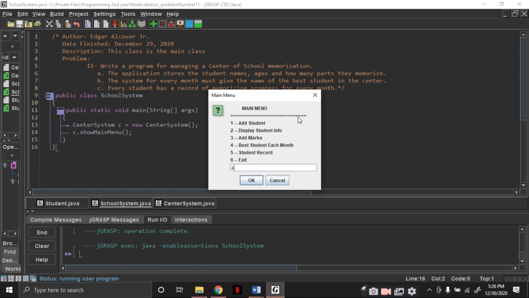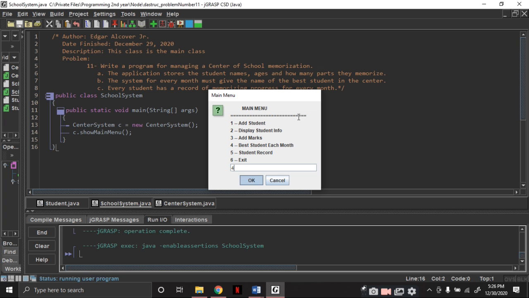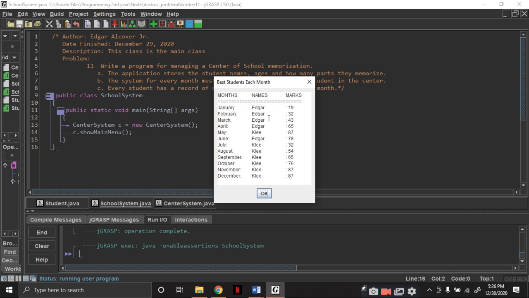So let's input a 4. As you can see here, oh wait, I actually inputted Klee as bigger than Edgar. I'm sorry about that. That's okay.